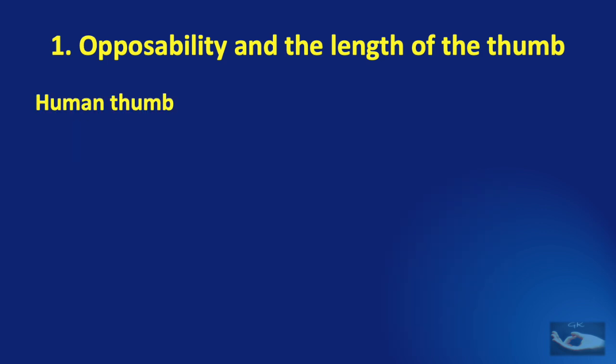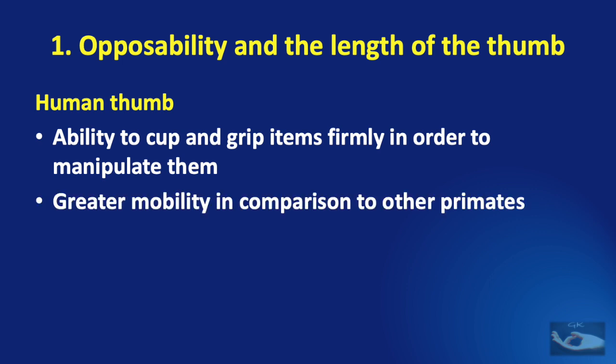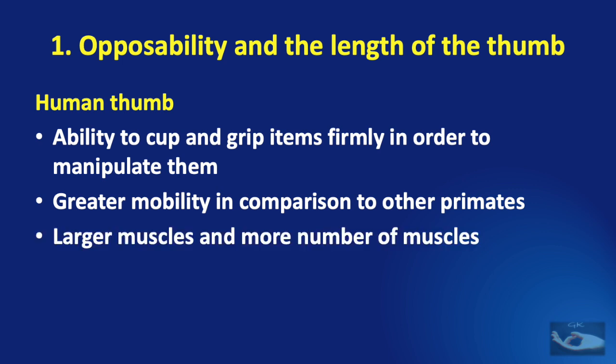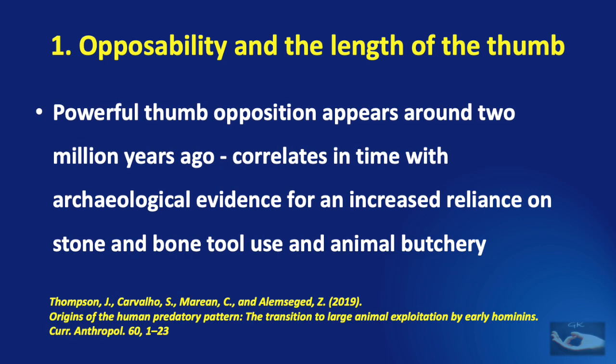But ultimately the human thumb became very unique because it had the ability to cup and grip items firmly in order to manipulate them. It showed greater mobility in comparison to the other primates. There were larger muscles and more number of muscles, and it was much longer in comparison with the thumb of other primates. This powerful thumb opposition seems to have appeared around 2 million years ago, and this correlates in time